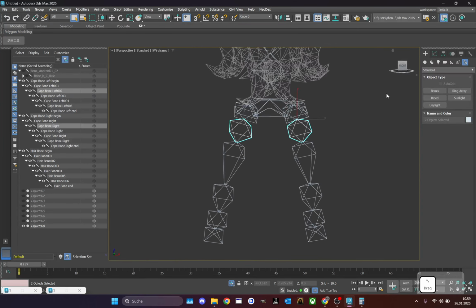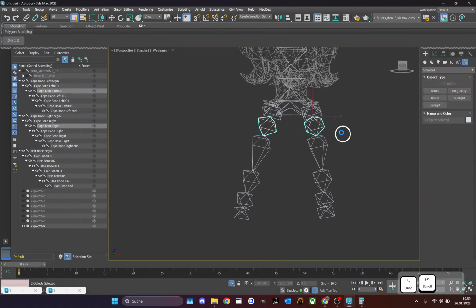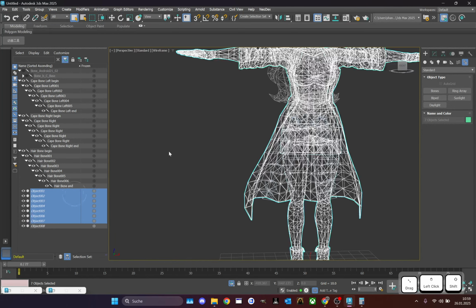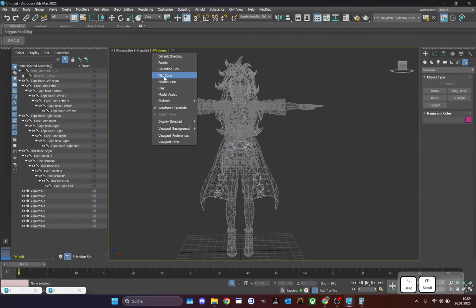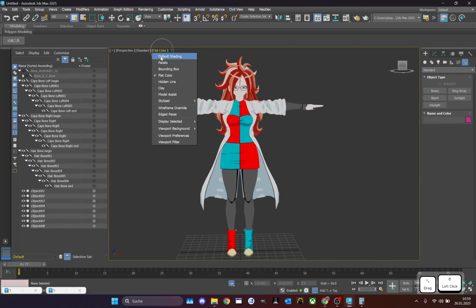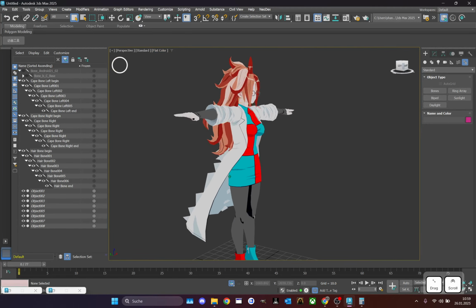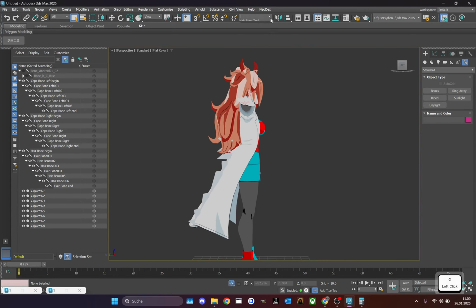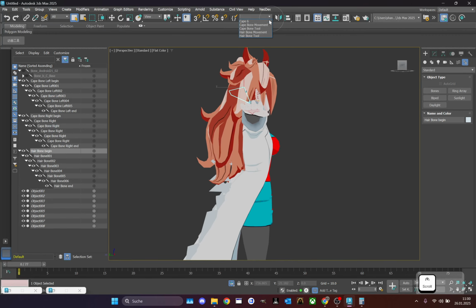So, and now we set up a quick selection. That means if we are showing our whole model right now, not in wireframe mode, in flat color mode here, and without edge faces. Oh, it's done, yes. And we want to select now the hair bone, and we can see it properly. We can just go to our hair bone movement. It will select it, or if we want to change it, we want to use the tool, we're gonna do